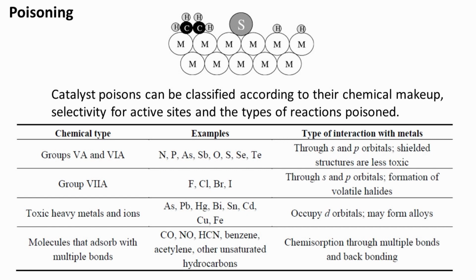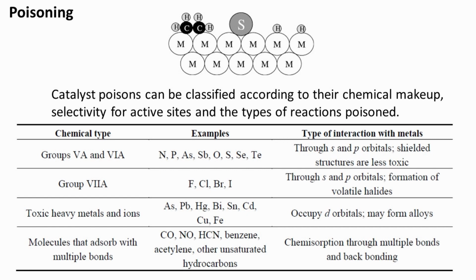A third effect may be the restructuring of the surface by strongly adsorbed poison, possibly causing dramatic changes in catalytic properties, especially for reactions sensitive to surface structure. In addition, the adsorbed poison blocks access of adsorbed reactants to each other, and finally prevents or slows the surface diffusion of adsorbed reactants. Catalyst poisons can be classified according to their chemical makeup, selectivity for active sites, and the